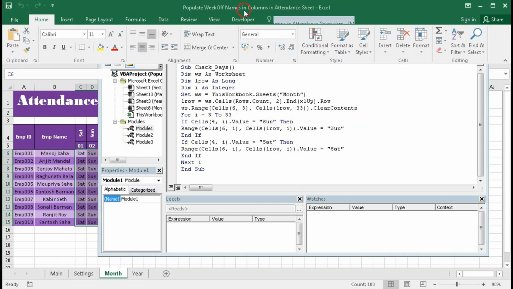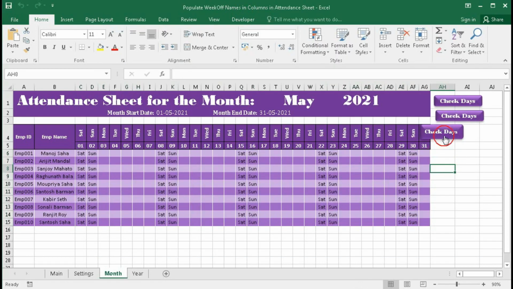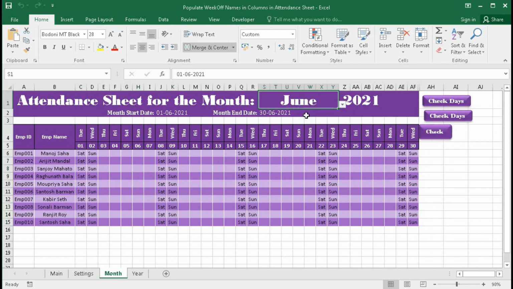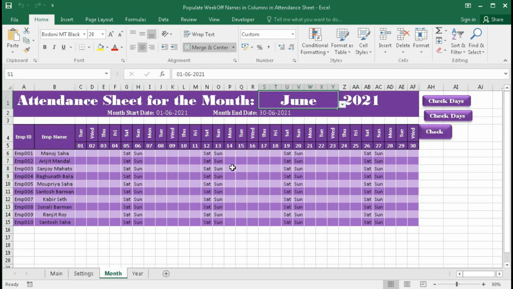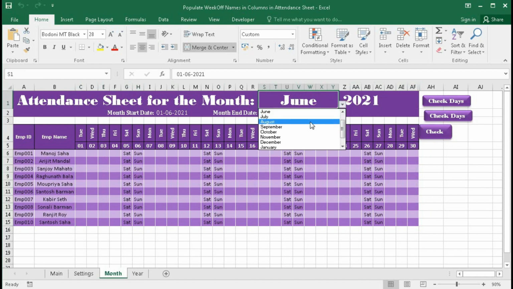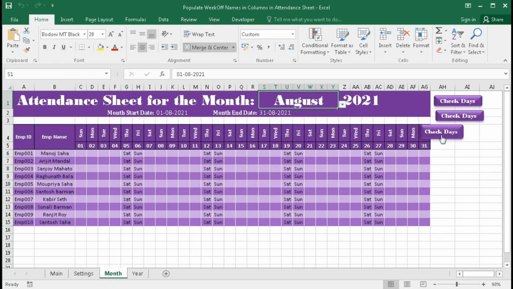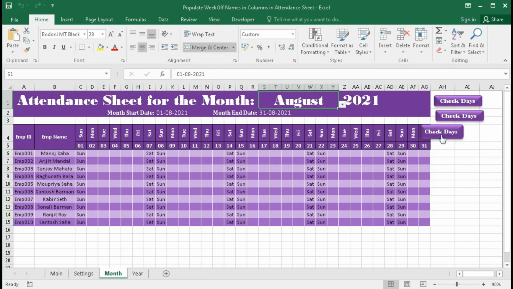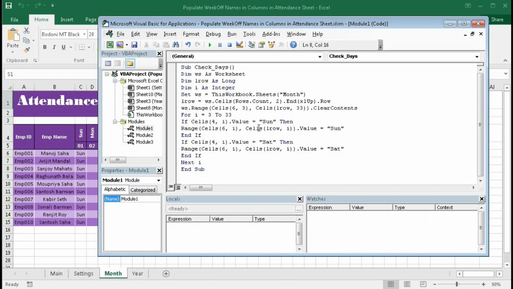Yes. Now if I click Check This, you can see these are removed. Now if you change May to June, click here, you can see it is changed. If I click August, click Check This, you can see it is now perfect. So this code is fixed.